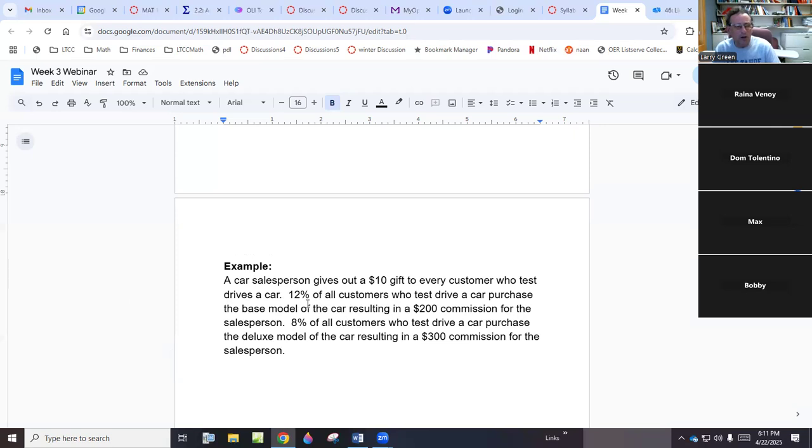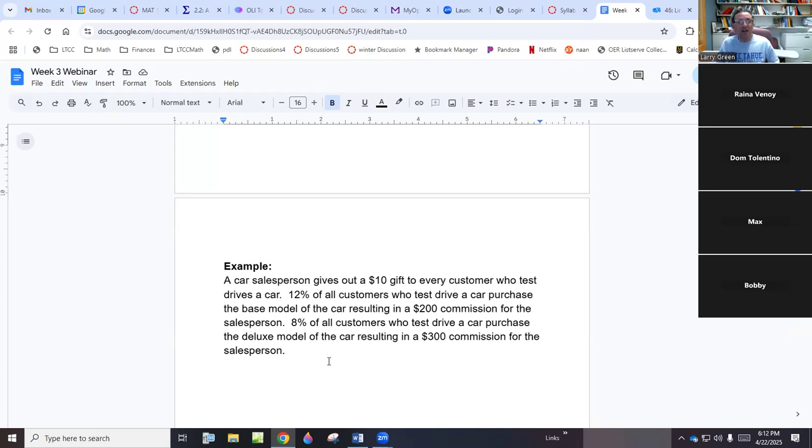Let's suppose that 12% of all customers who test drive a car purchase the base model of the car, resulting in a $200 commission for the salesperson. 8% of all customers who test drive a car purchase the deluxe model of the car, resulting in a $300 commission for the salesperson. This is definitely discrete because there are only three different values. One thing that could happen is